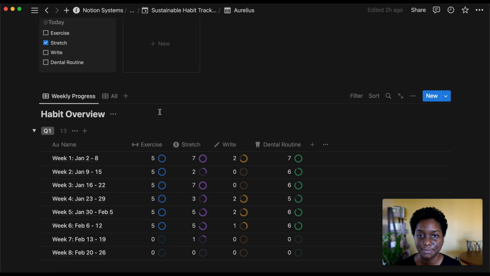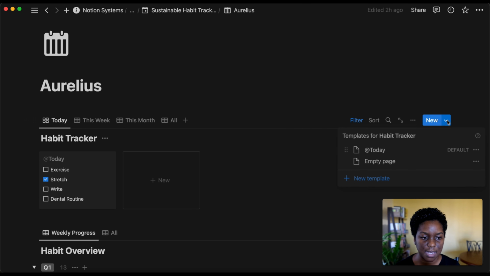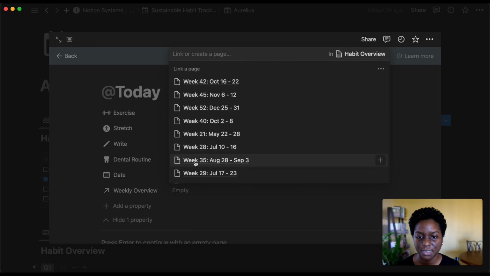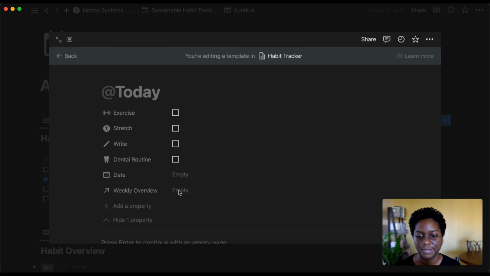I'm not able to set in the template the current week because it is a separate database. If I were to go across here, come into my template, edit, and go to the weekly overview, I would have to select a certain week, and therefore every single automatically generated entry for the habit tracker is going to have that week. And I find it too tedious to come in here and change that on a weekly basis